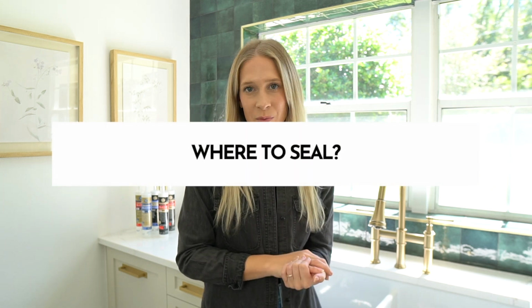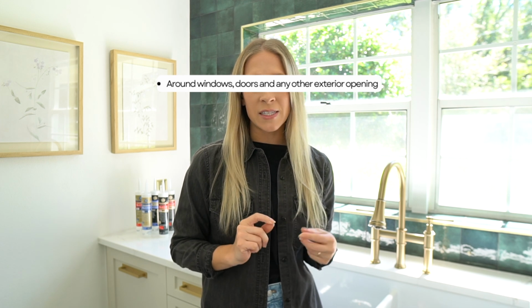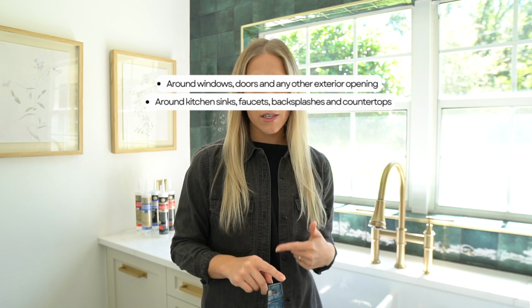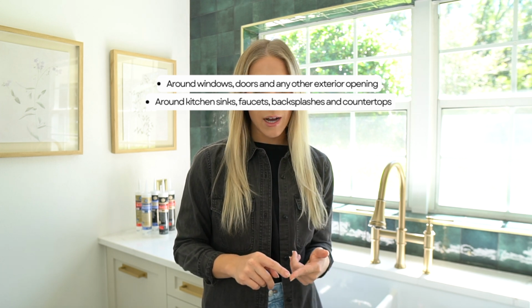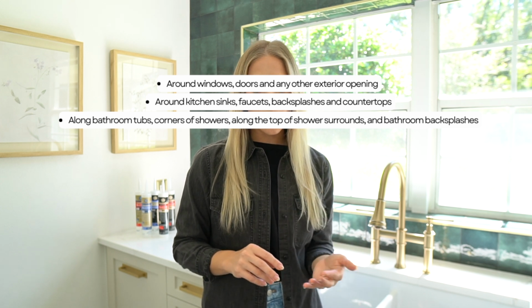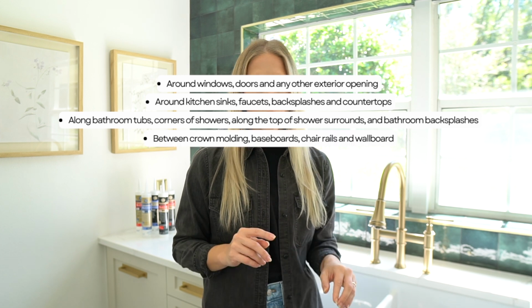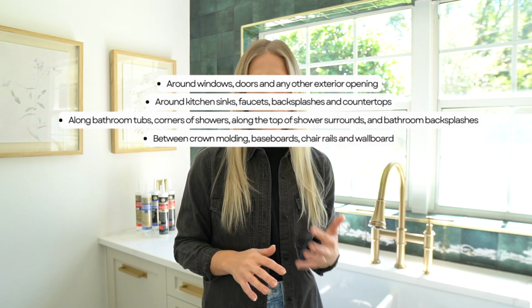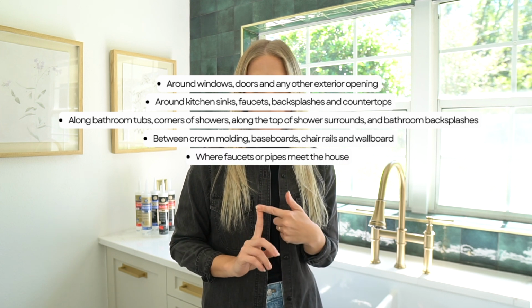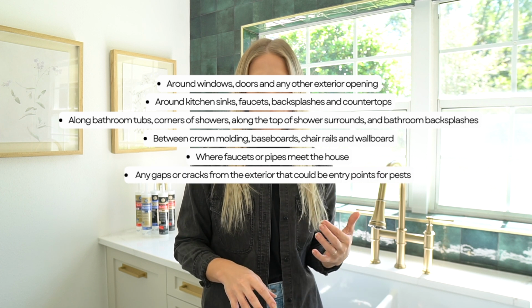Next, where is it important to seal? It's important to seal around windows, doors, and any other exterior opening, around kitchen sinks, faucets, backsplashes and countertops, along bathroom tubs, corners of showers, along the top of shower surrounds and bathroom backsplashes, between crown molding, baseboards, chair rails, and wallboard, where faucets or pipes meet the house, any gaps or cracks from the exterior that could be entry